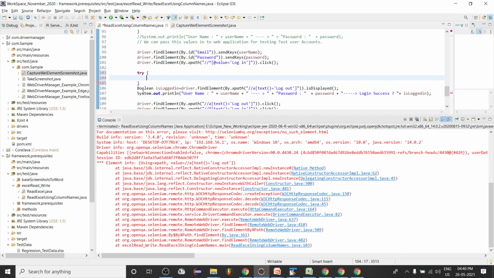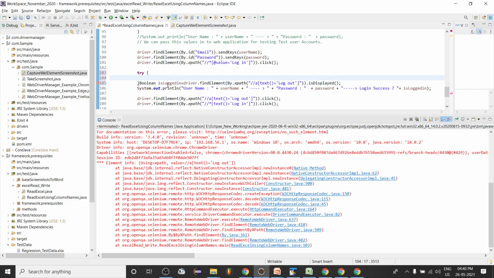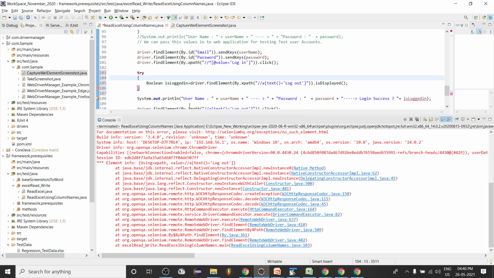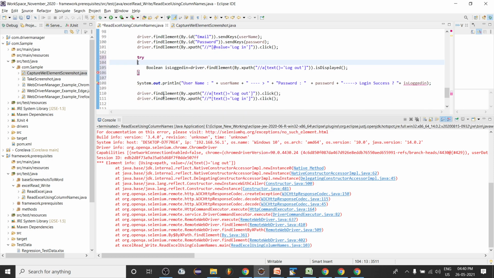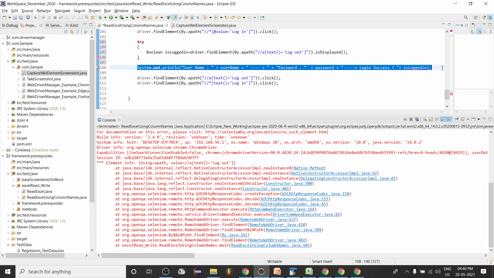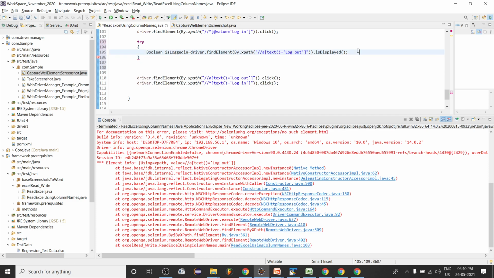Okay, and copy this boolean inside the try block. Okay, and also you have to copy this as well. So is logged in, also you have to copy inside this